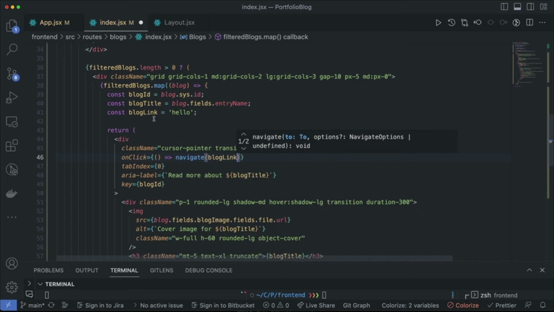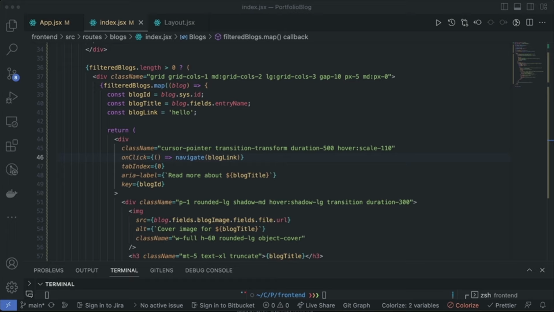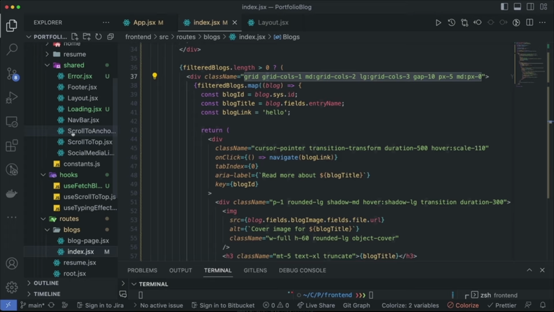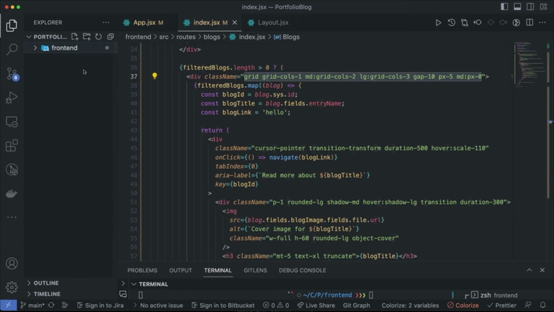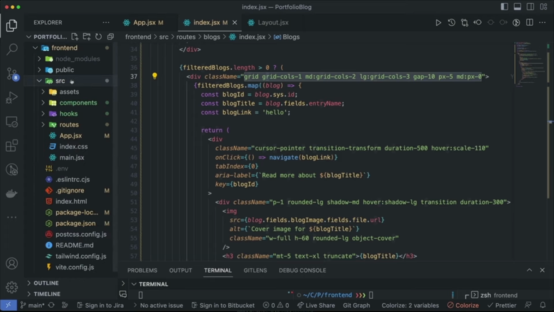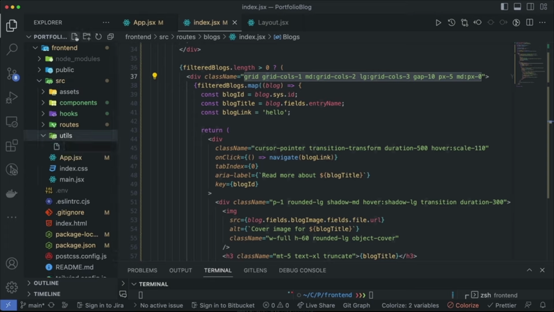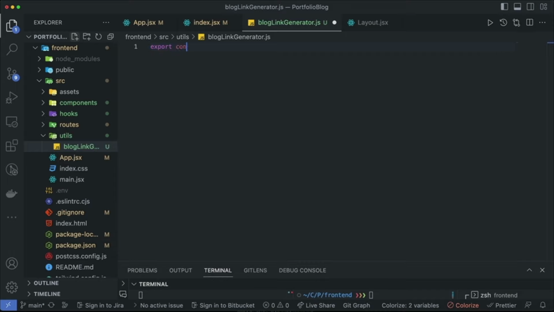So that means now we have to create this block link, and in order to do so, we will need to create a utility file. So let's go ahead and add a utility file. If we go into our source, I can create a new utility file, and this one we will call block link generator. So it will just be a function